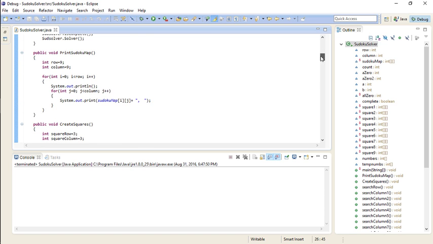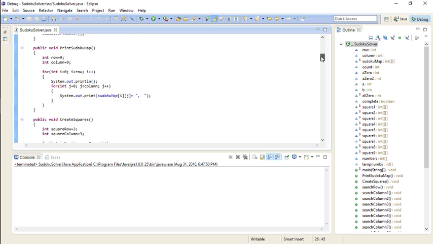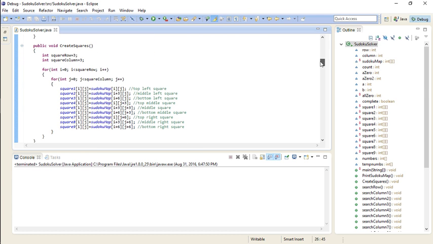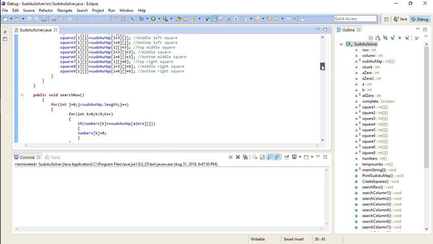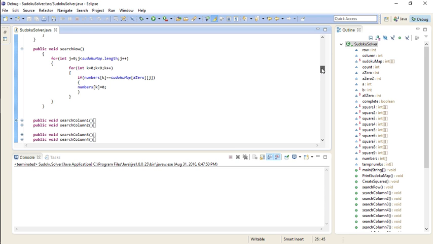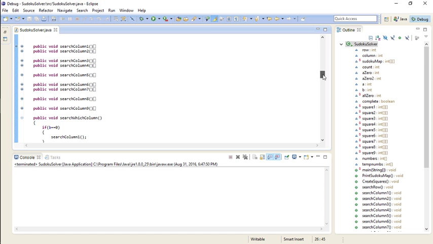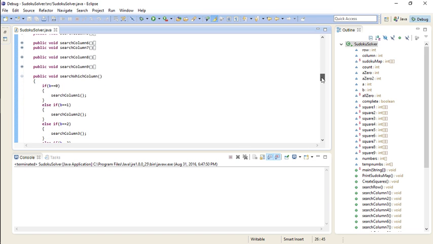I have a method that prints the Sudoku map to the output. I have a method called create squares, which basically just creates the nonets and puts the values in them. Search row is pretty self-explanatory, it searches the row. I had problems with the columns, so I just have 9 different search column methods and